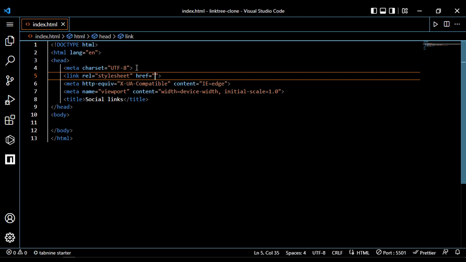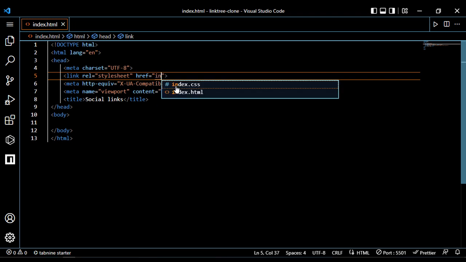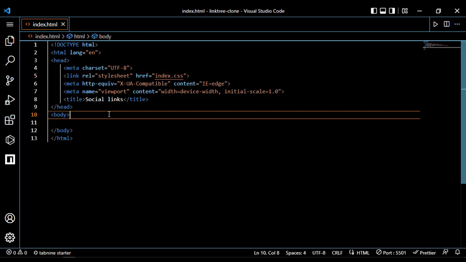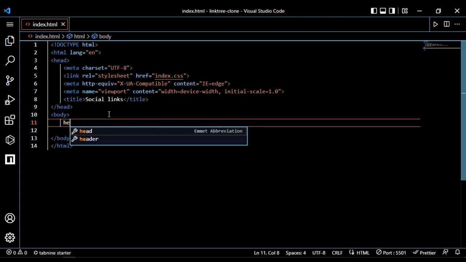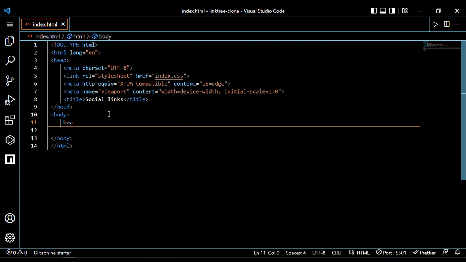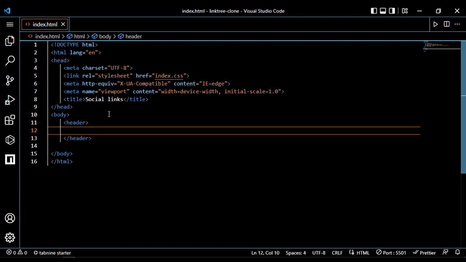For this one we have index.css, so we can link it, and inside this body element we write a header element. Inside this header element we can add a logo for our website page. For our page at first we can write the name share